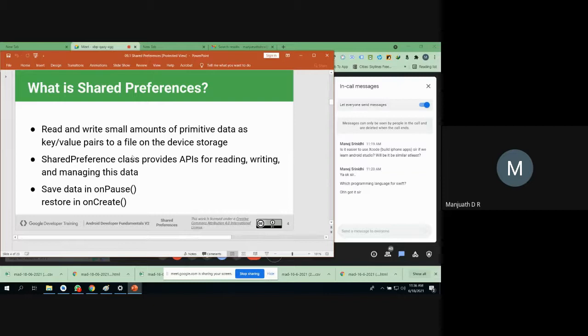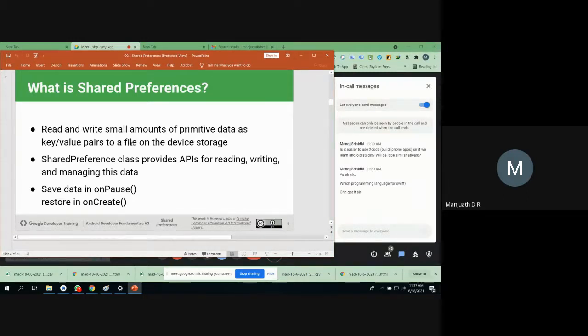Okay, and so in order to work with respect to this type of read and write operation, you must utilize a library, the shared preference library. How it is available to you is in the form of APIs, that is application programming interfaces, right? We are going to use some of the APIs of this shared preferences library. Library, I can say class. In Java normally we call it a class.